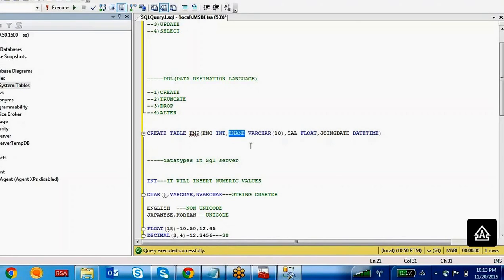Employee name is a column name, that is characters. Salary is a float data type, comma, joining date is datetime. Right, now I am going to create this table.